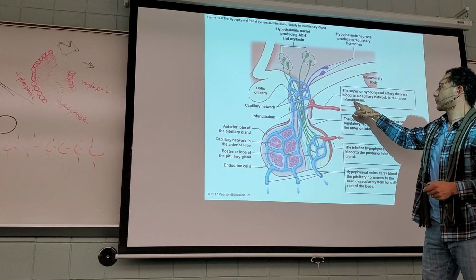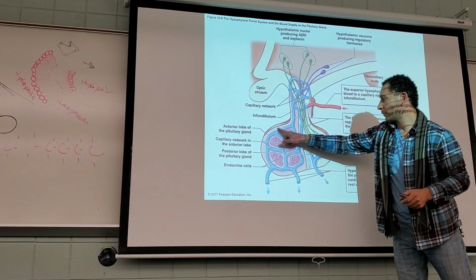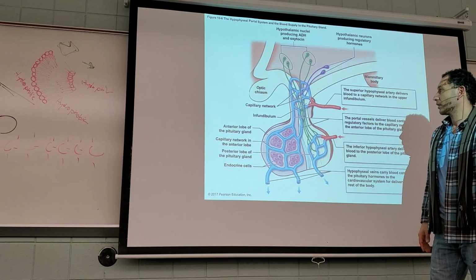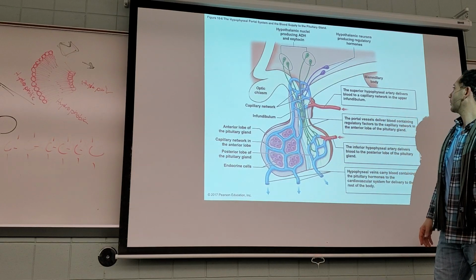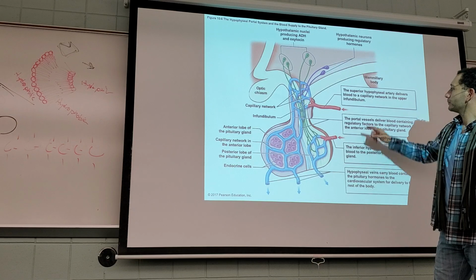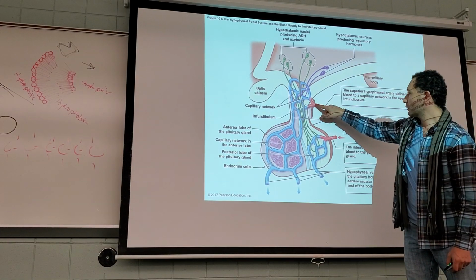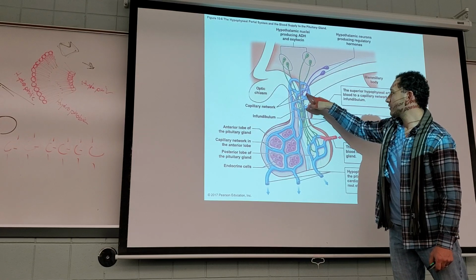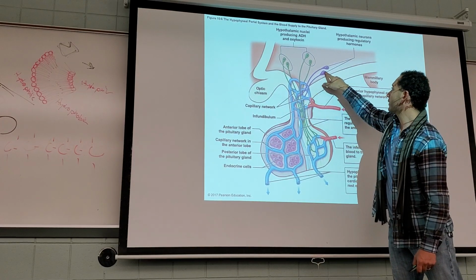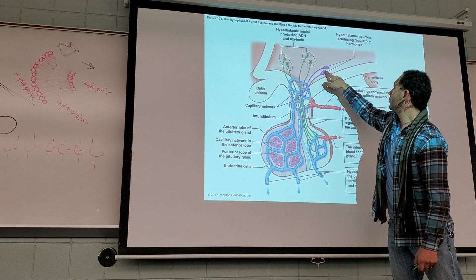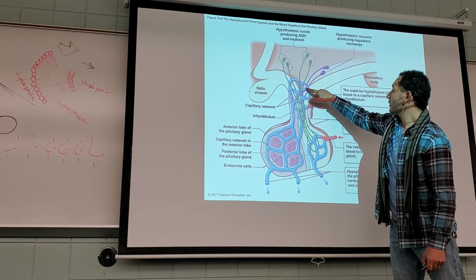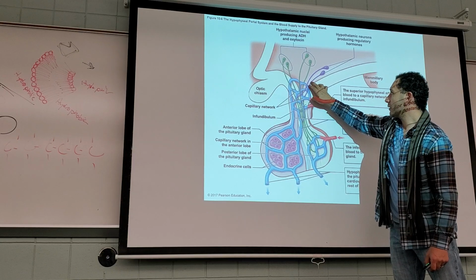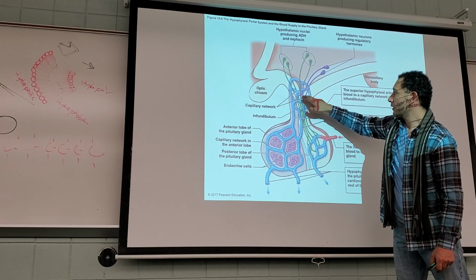infundibulum. And this one here ends up being in the anterior lobe. Well, the reason why there's a capillary bed here is because the hypothalamus has these cells that secrete releasing hormones,